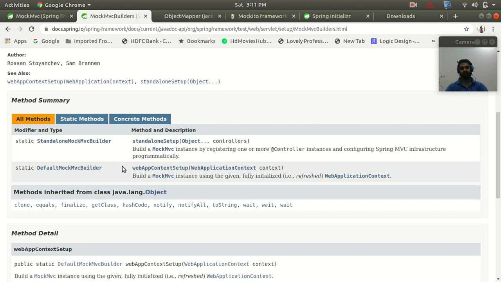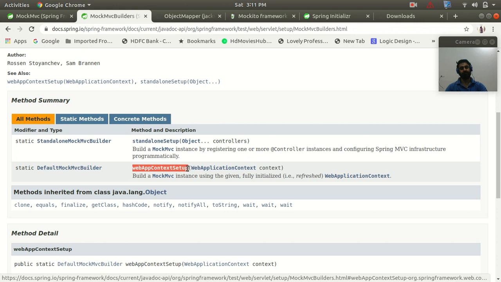So guys, we have another method, the webAppContextSetup method, and it takes the argument as a WebApplicationContext object or instance, right? It is going to return the MockMvc instance, right? You can see that it is a static method, so we can call this webAppContextSetup method with the name of the class.